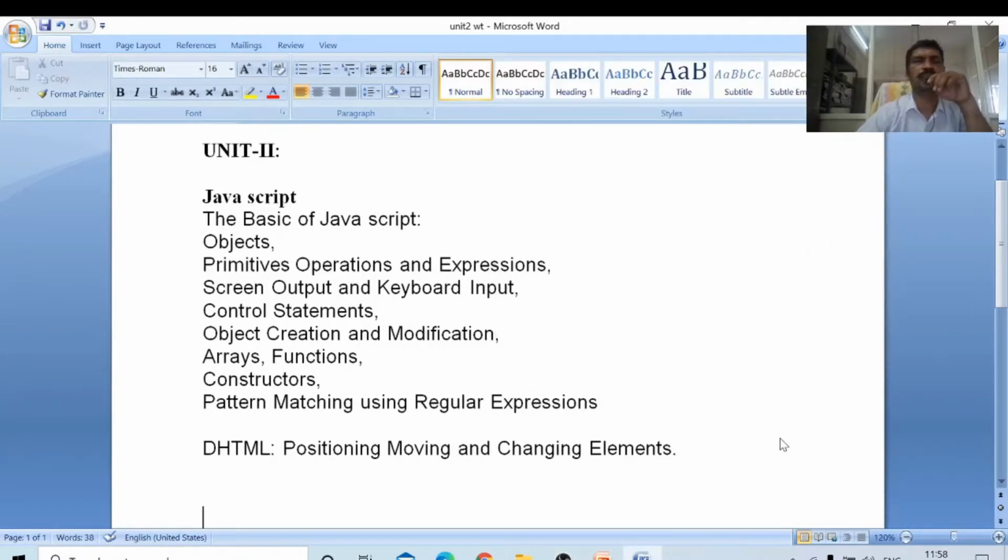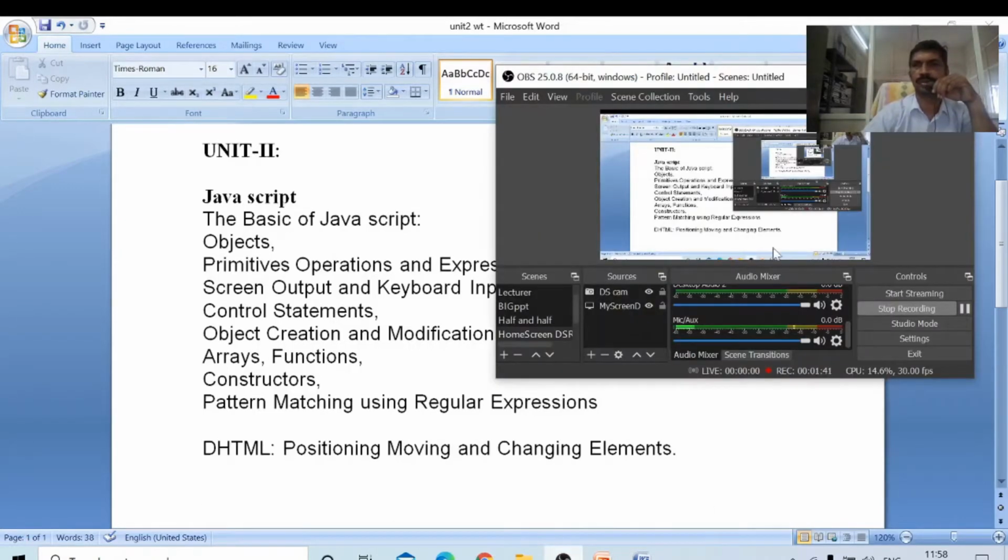Now on the screen, we are seeing the contents of JavaScript. First of all, what is JavaScript? Why are we learning this concept?